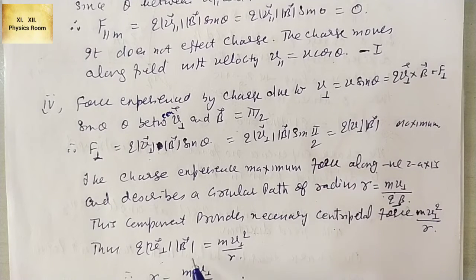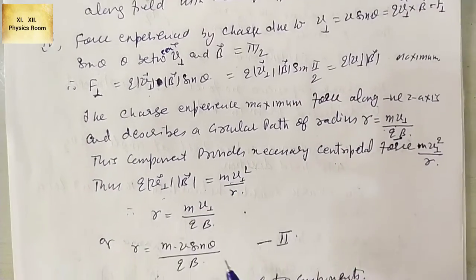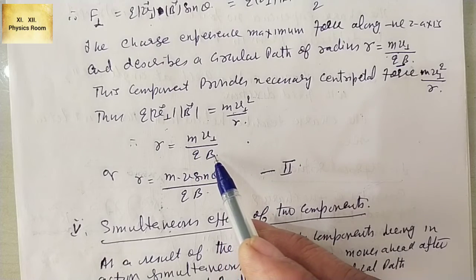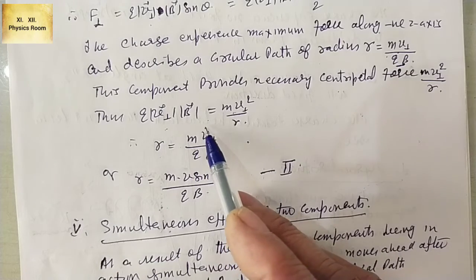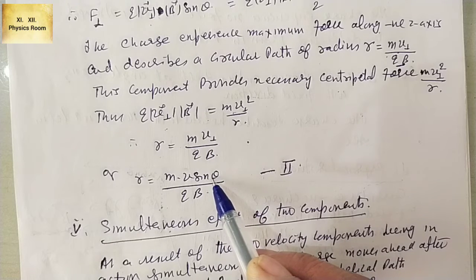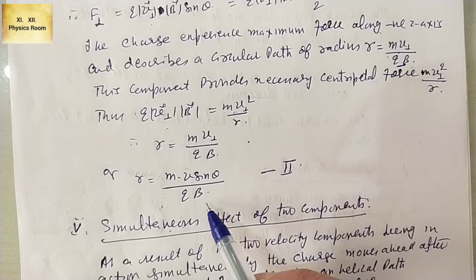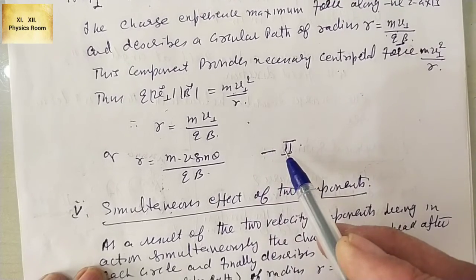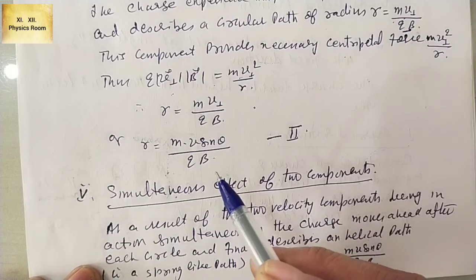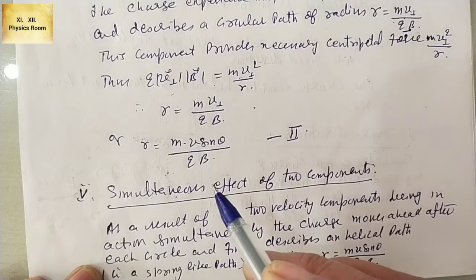Thus q v perpendicular B must be equal to m v squared by r. Therefore r is equal to m v perpendicular by q B. Or we replace the value of v perpendicular by v sin theta, so we write r equal to m v sin theta divided by q B. So this is equation 2. Now due to the perpendicular component, the charge describes a circular path, and due to the parallel